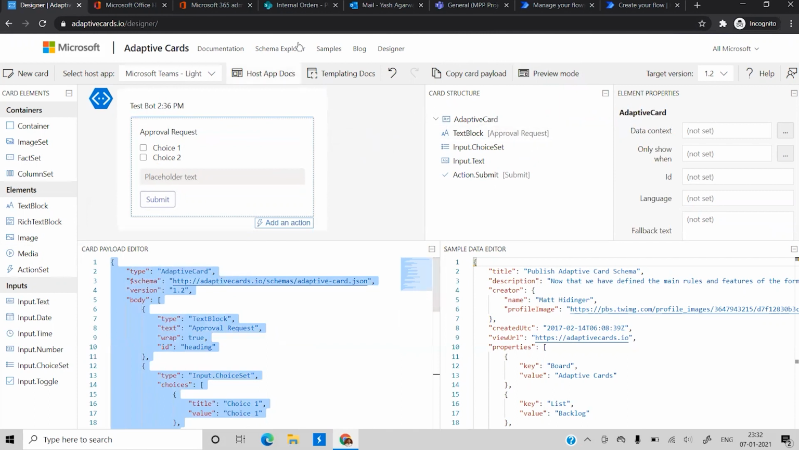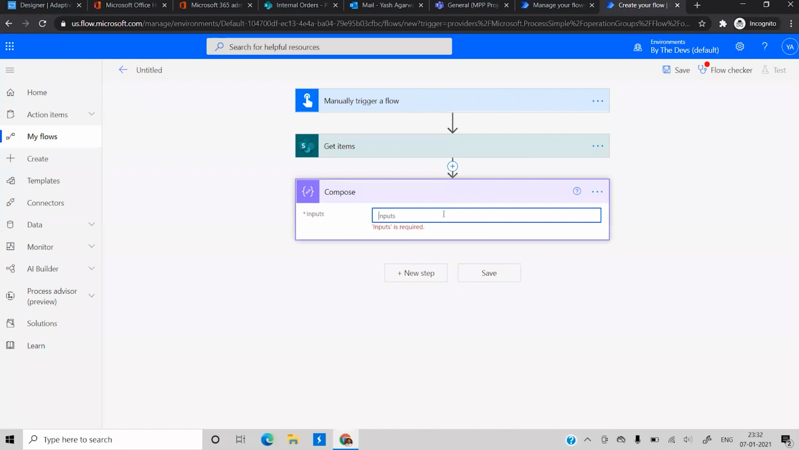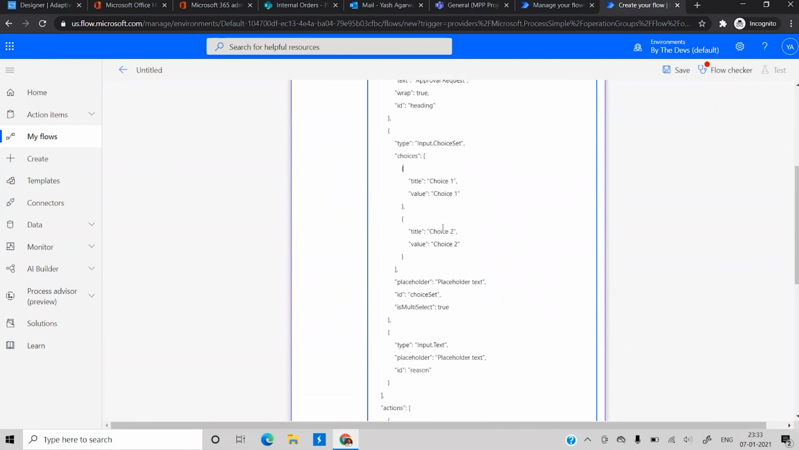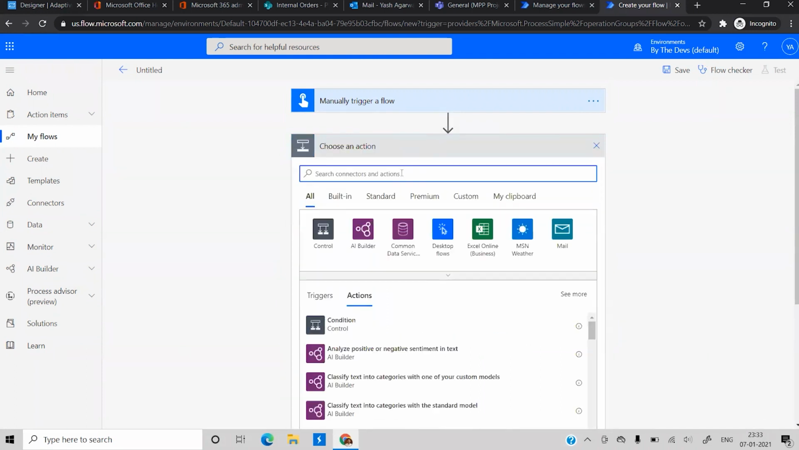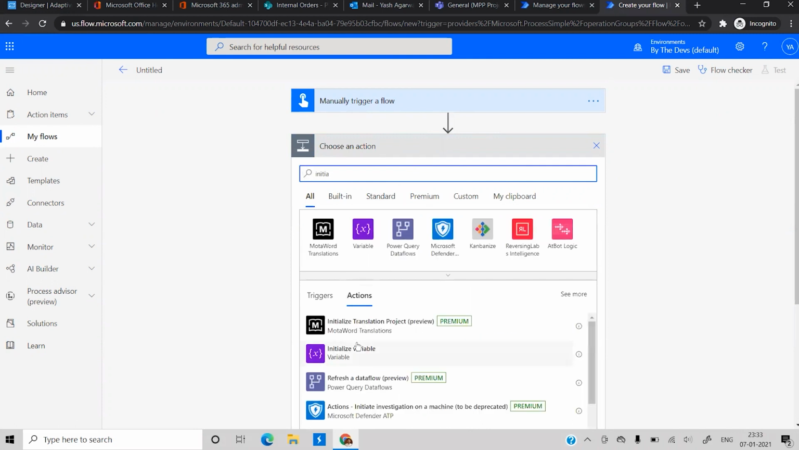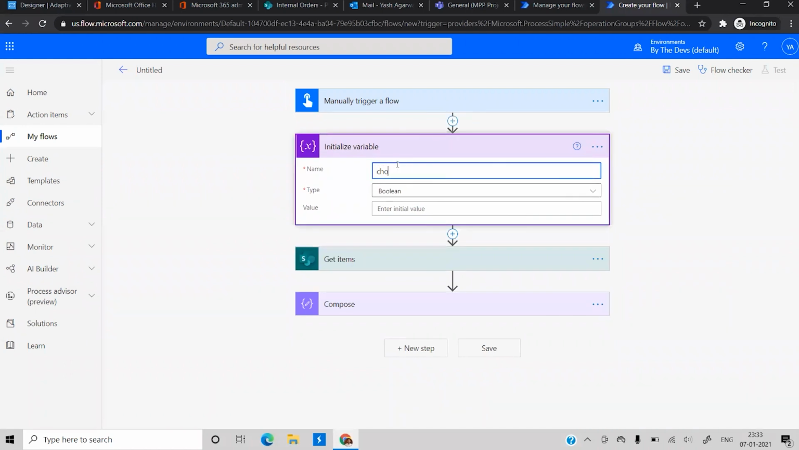So I'll copy over this entire thing and come back to my flow here and paste the adaptive card. As you can see, we have a choices array here, which has title and value. And this is something that we will have to create for the multi-select option for all the items here. So what I'm going to do is add an action here to initialize a variable. And let's say choices